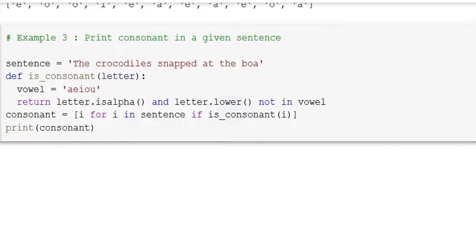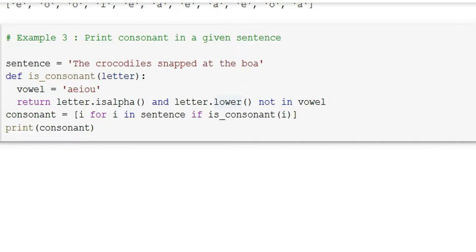The third example is to print consonants in a given sentence. In this example, I have created one function, is consonant. This function will check whether a given character is not a vowel, and I have mentioned the vowels are A, E, I, O, U. If the character does not belong to these vowels, then it will print the character.